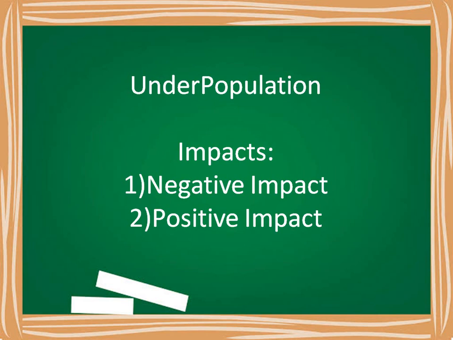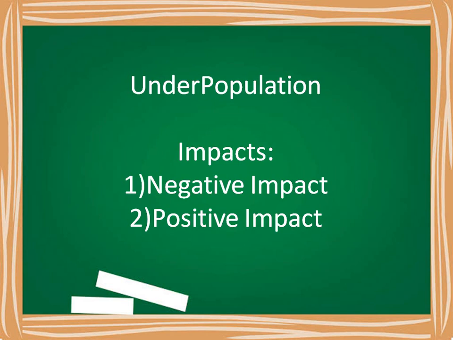What is underpopulation? Underpopulation is a state when the number of people living in a region is so few that there is a lack of full utilization of resources. In this case, the available resources can support a far bigger population than what is present. The fertile temperate grasslands region known as the prairies of North America is an example of a region having underpopulation.